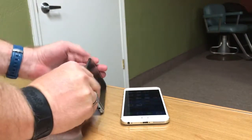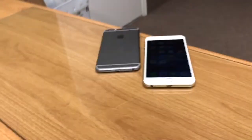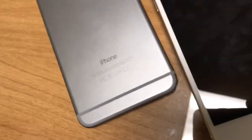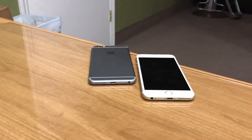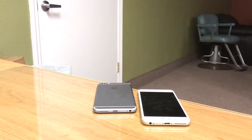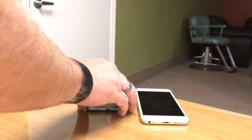To show that the shell on the device is the same number as the rest of the device, I turn it over and zoom in on the back of the shell to show that the metal shell that I'm showing you is the metal shell of this same device, and that it's stayed on this phone. No swapping of metal shells has taken place. That would be tremendously difficult, and repair shops charge a lot to do that. I just do that in case the person says, how do I know that the metal shell is the same as it was before? But there's the number on the back of it to show that these metal shells are